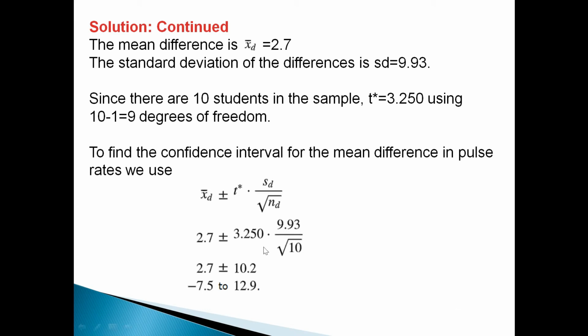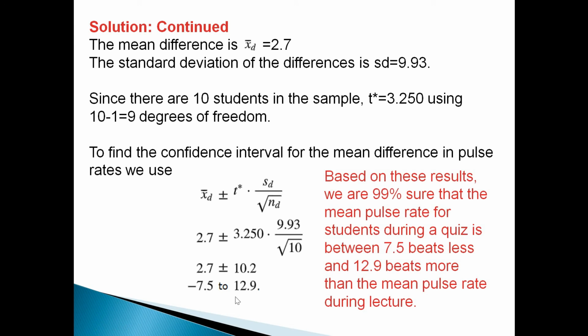This is the statistic plus or minus t stars times SE, and I have all the numbers. You plug it in and you'll find that the interval will be between -7.5 and 12.9. The way we read this interval, we say based on these results, we are 99% sure that the mean pulse rate for students during a quiz is between 7.5 beats less and 12.9 beats more than the mean pulse rate